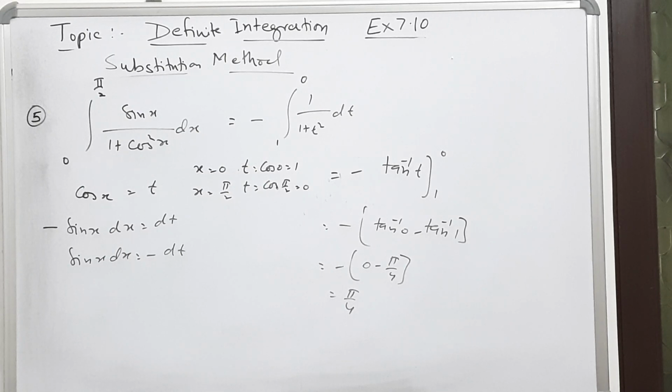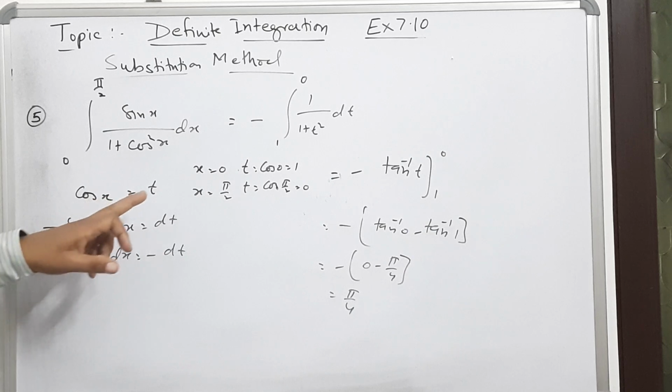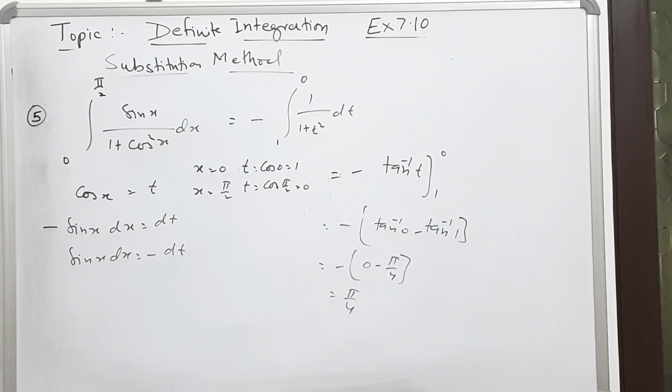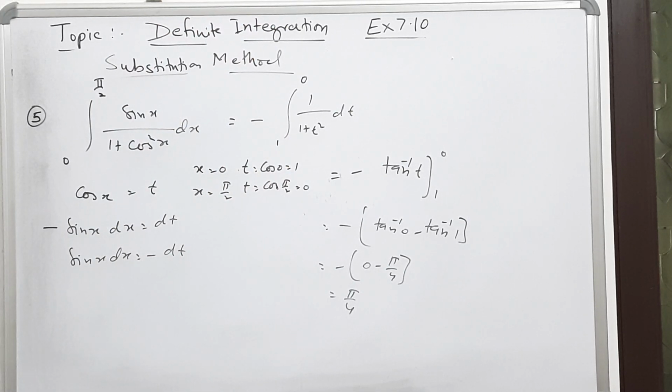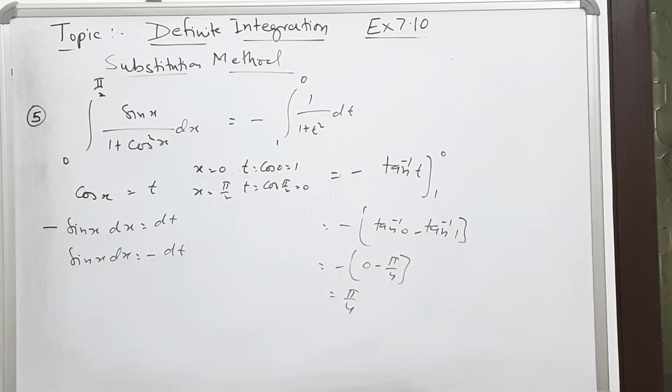I think now with the help of this part, it is clear to you what the substitution method is in definite integration. This is the important part, that whenever you are changing the x function, you have to simply change the limit also. That is the additional part. So in this, we can take all the problems of the indefinite just by making the new limits. So here, this is the important part.